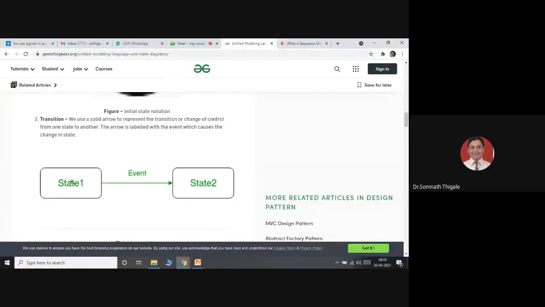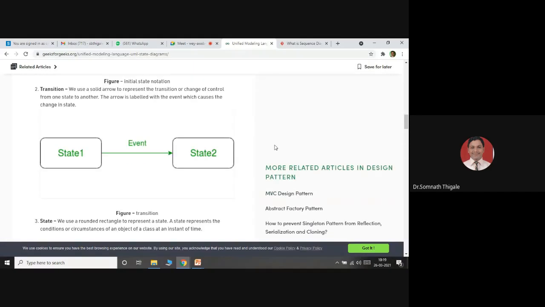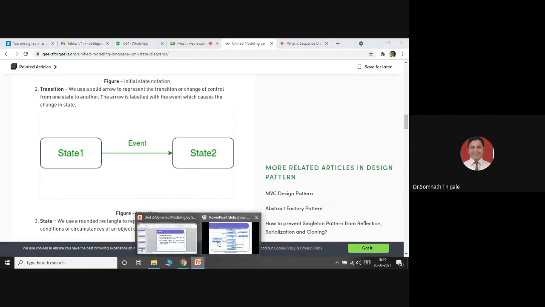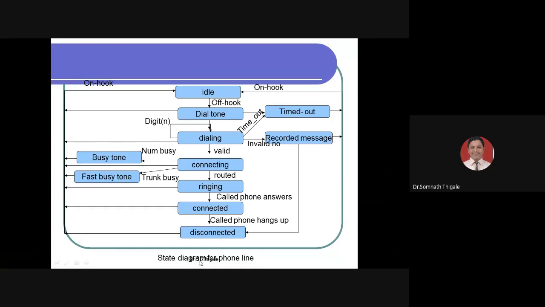You represent the same transition of state from one place to another place. You can just check this out. Now, this is one simple example, a state diagram for phone calls that you can represent here.